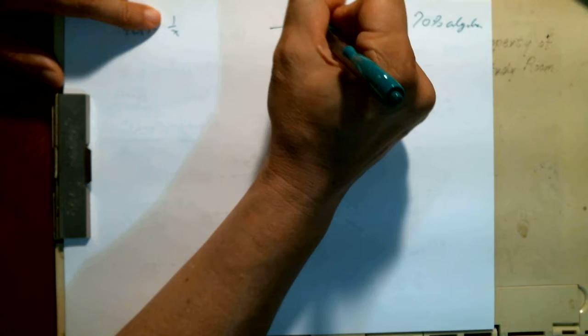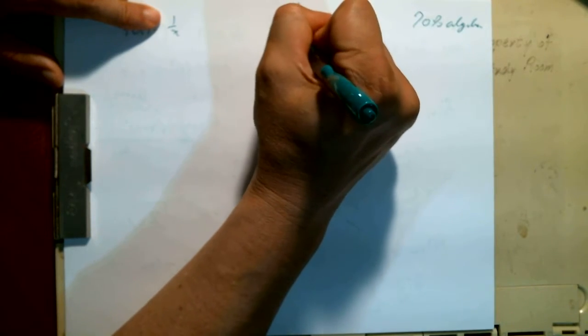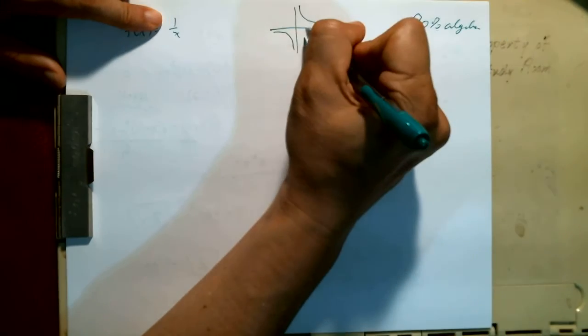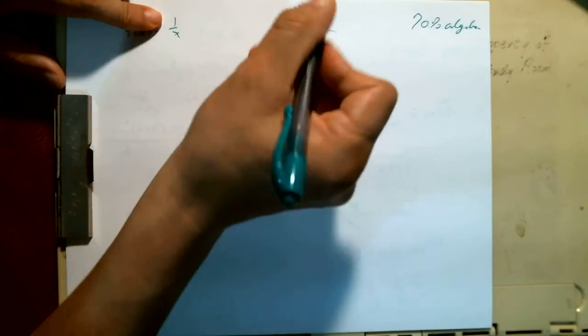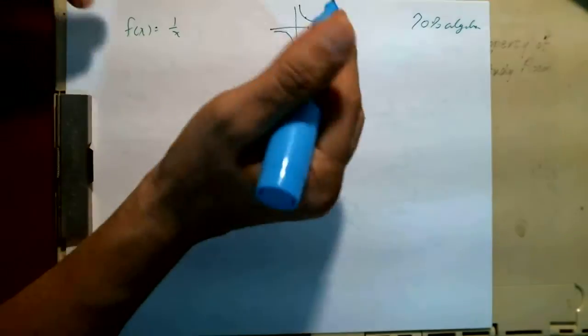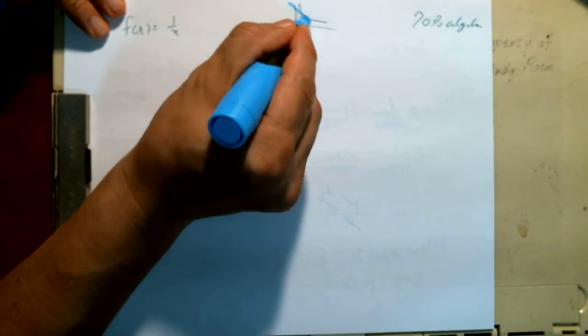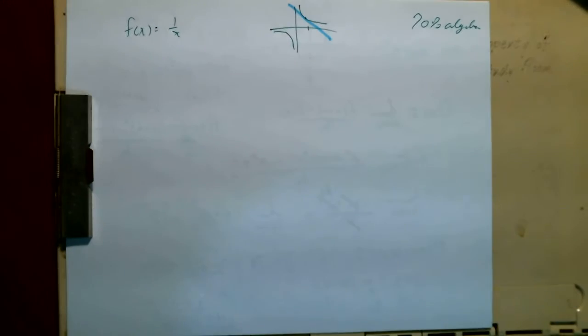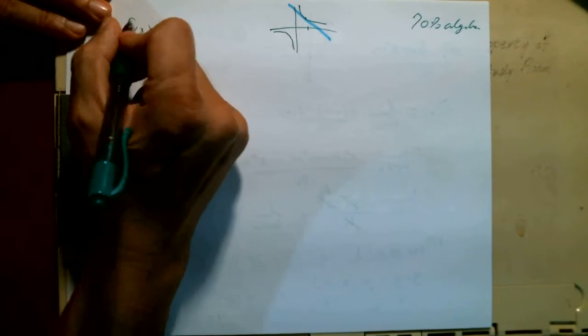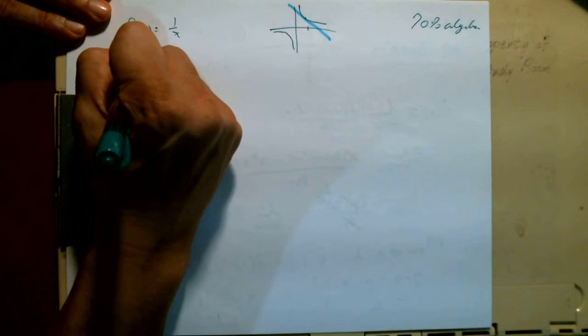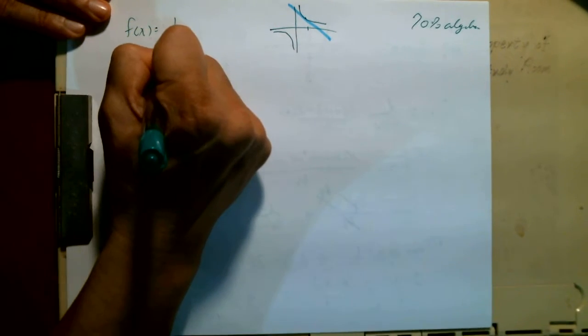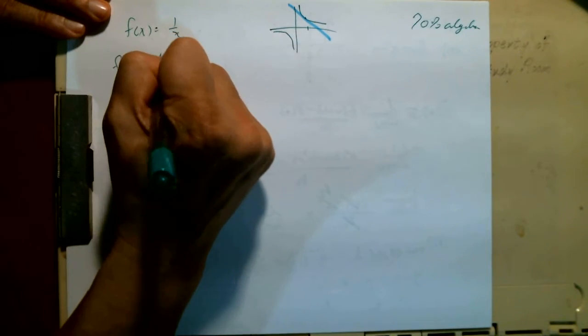Graphically, 1 over x looks something like this, if you remember. And at x equals 1, I want to find the slope. I'm going to use blue because it seems to work a lot better. So there's your tangential slope. I'm trying to figure out where that is. f prime of x, by definition, is the limit as h approaches 0